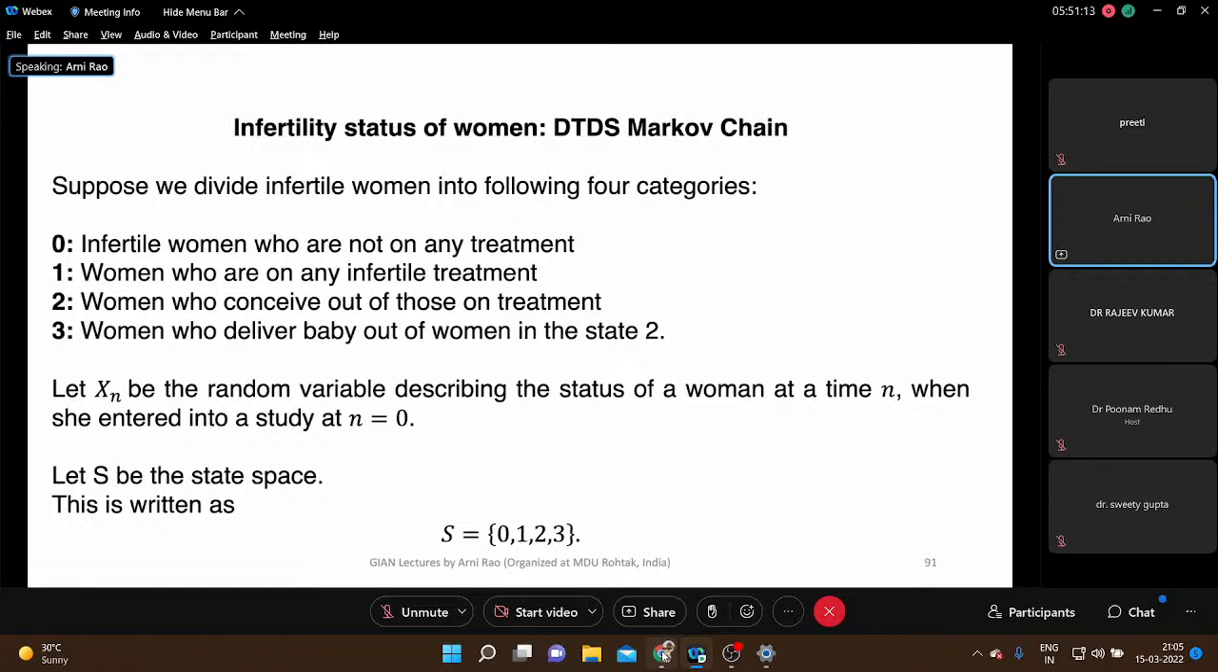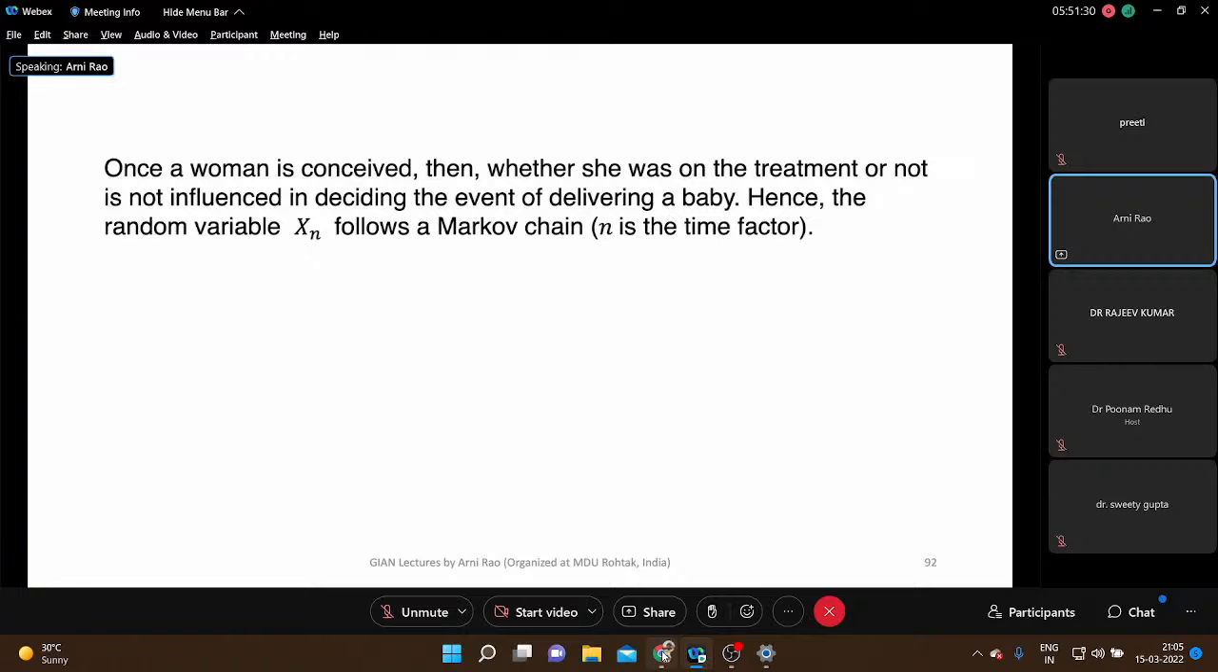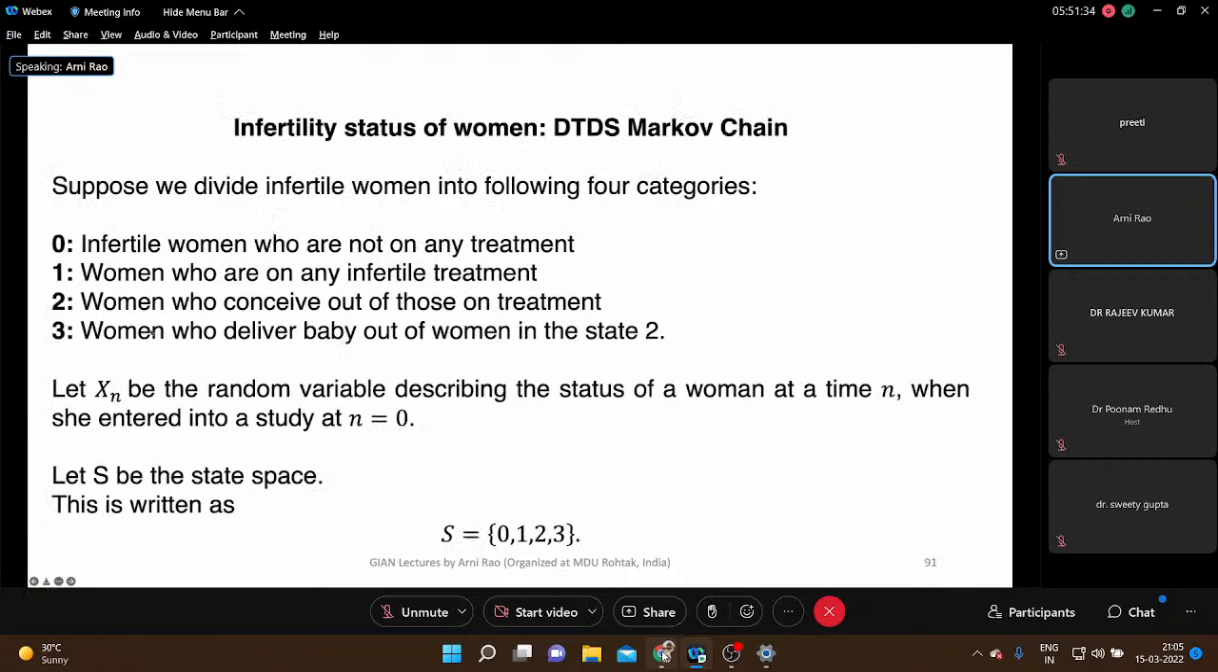That's a clinical point again. The treatment is given, and after that, the infertility treatment is, I think, not given. Then the woman delivers a baby or may not deliver. Sometimes she conceives and has a miscarriage or abortion, for whatever reason, and the baby is not delivered. So we don't know. But then from state 2 to state 3,